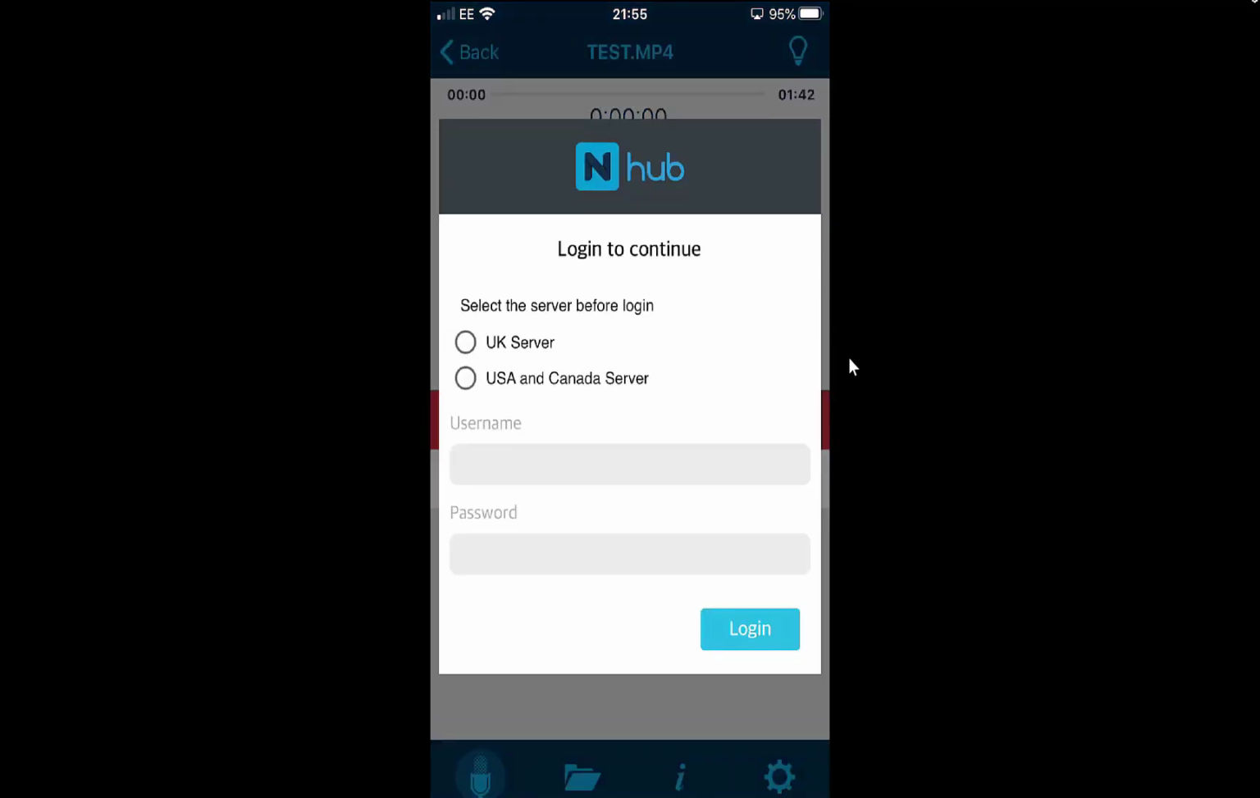But click the middle button and it gives you the options here, UK server or US, and put your username and password there and it will automatically send your